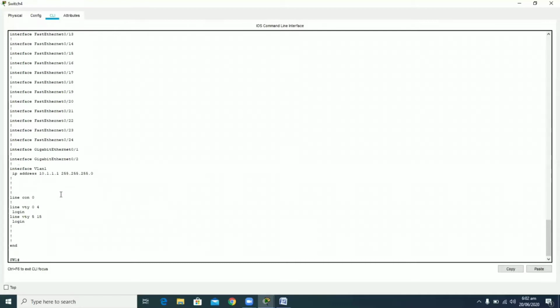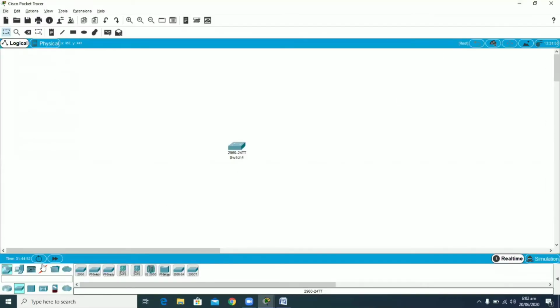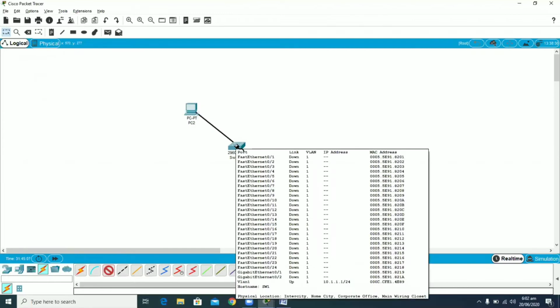So now this switch can be pinged with the help of this particular IP address from any node belonging to the same subnet. So now in order to check the ping connectivity, I am attaching an end device. Let's say a PC is attached to this switch, and by default all the ports are in the virtual LAN number 1, as I told you. So you can attach this Fast Ethernet port of your PC to any of the available 24 Fast Ethernet ports and 2 Gigabit Ethernet ports of our switch.